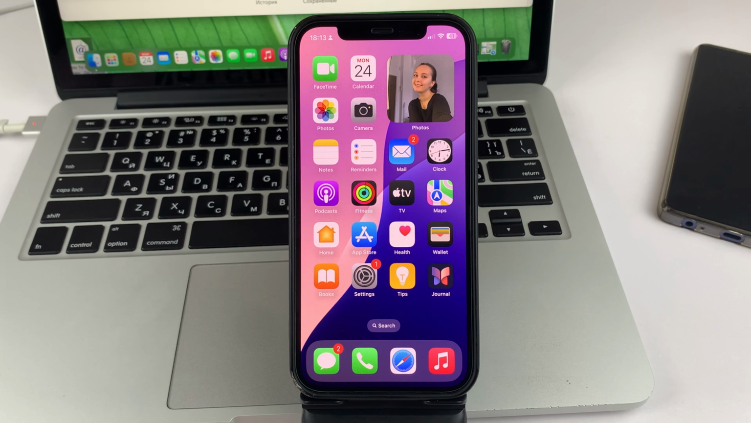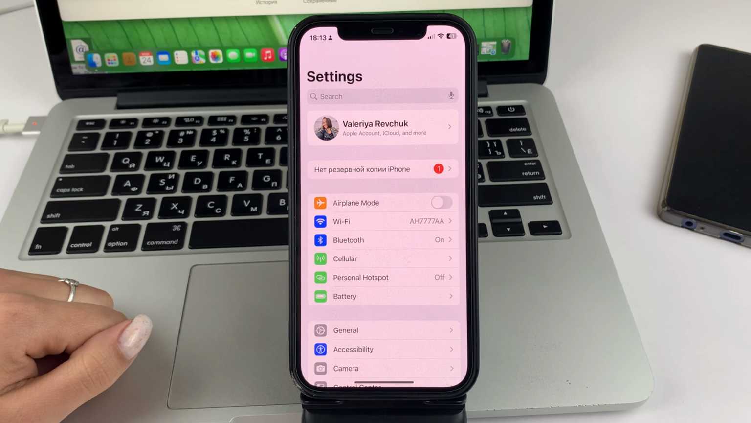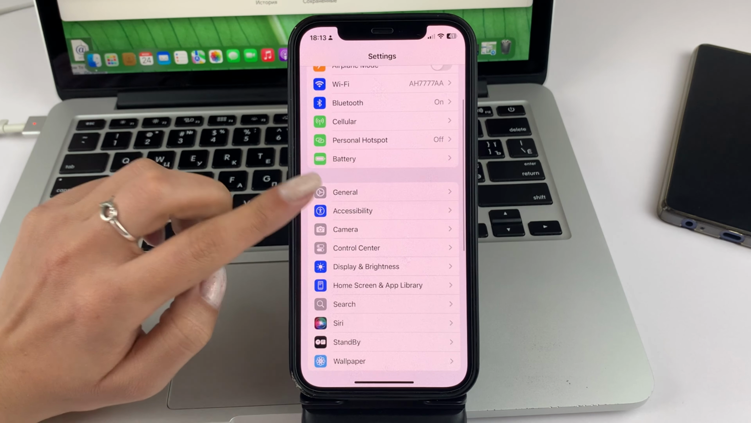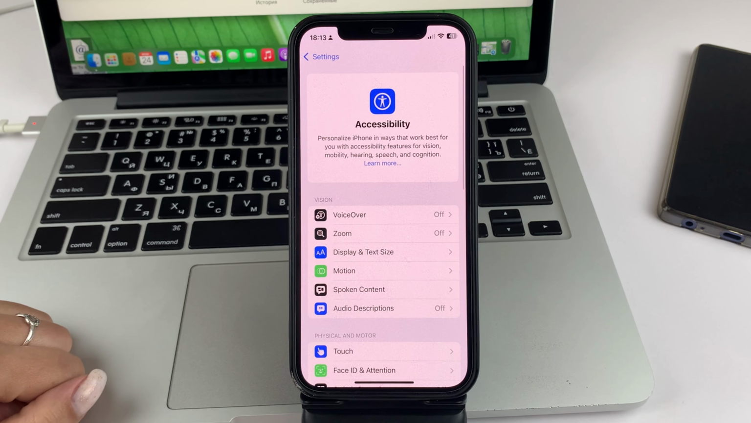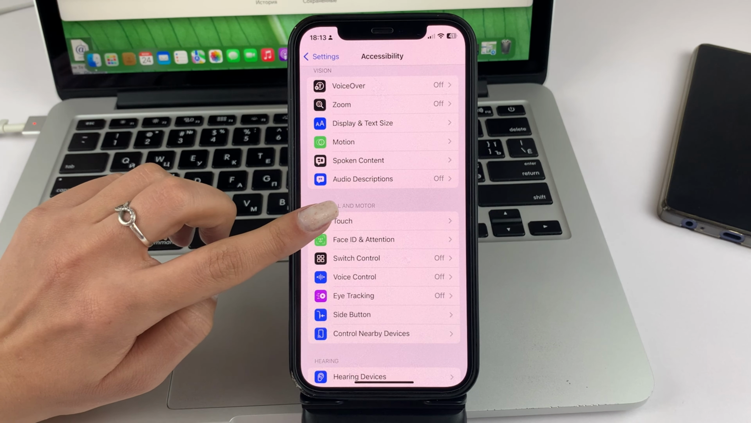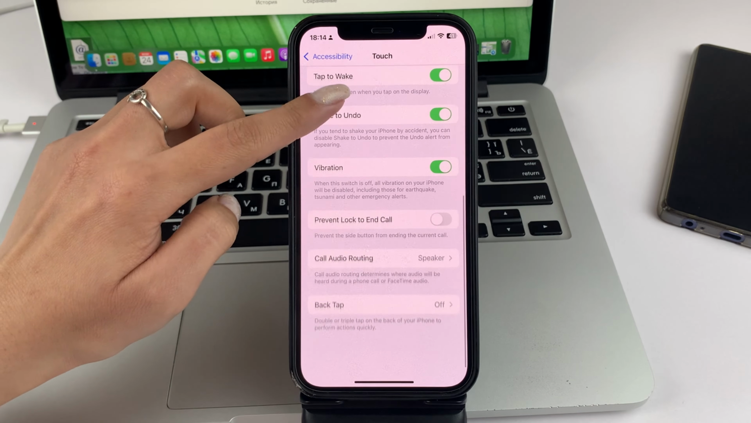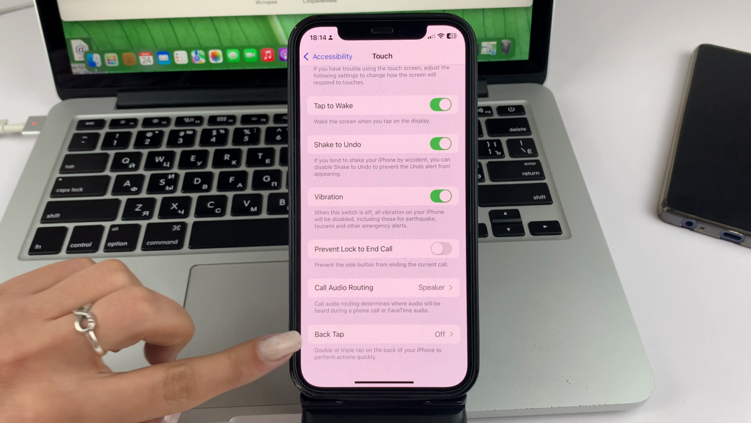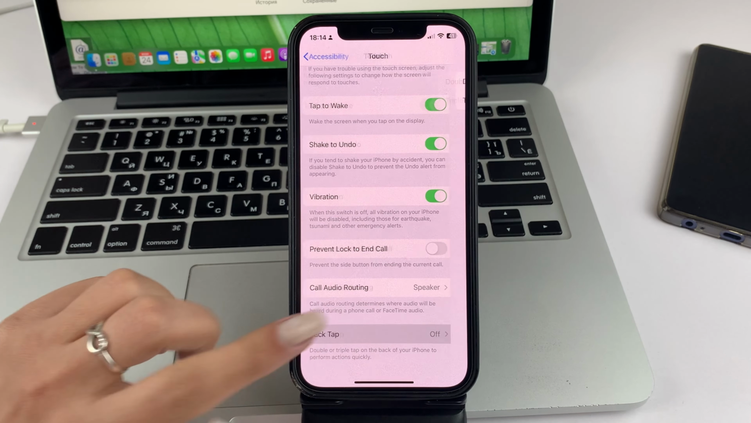Well, let's get started. In order to do that, you're going to need to find and click on Settings on your iPhone. Then scroll down a little bit and click on this option. Next, swipe down, tap on Touch. Now swipe down a little bit more, and at the very bottom you can find the option you want. Go to it,